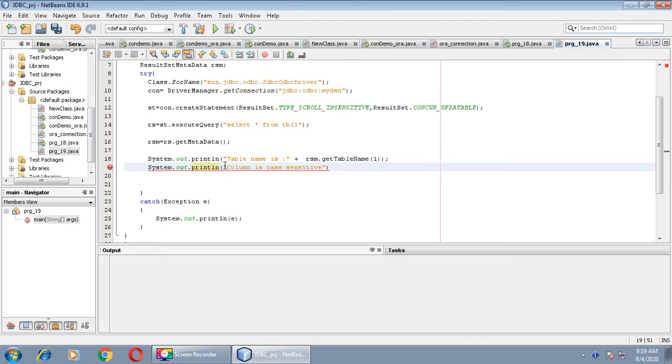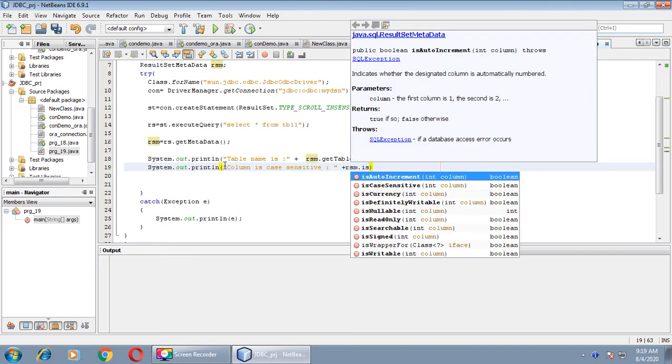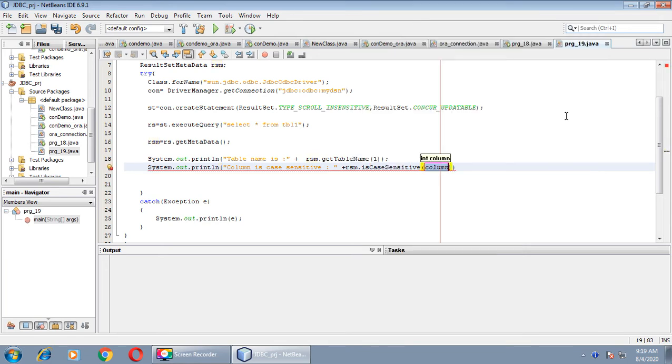The method used for getting this information is rsm.isCaseSensitive. As you can see, the name of this method in this list is isCaseSensitive. This indicates whether a column case matters or not. You can pass the index number for a particular column. We'll pass 1.